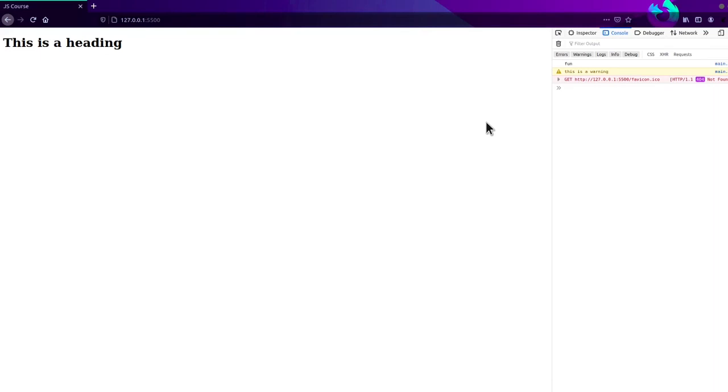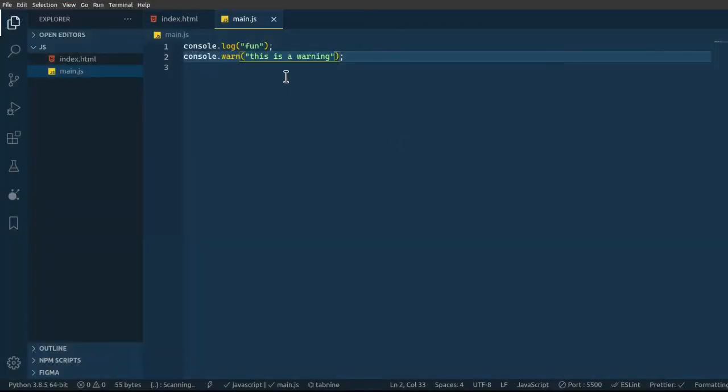Now you can see this is a warning. You don't care about this request. It's just telling it can't find some logo. So if you can remove this, yeah, just leave it like that. And then now we'll have